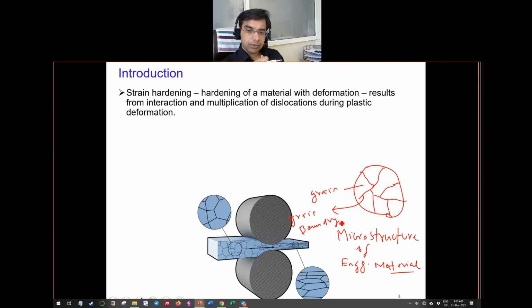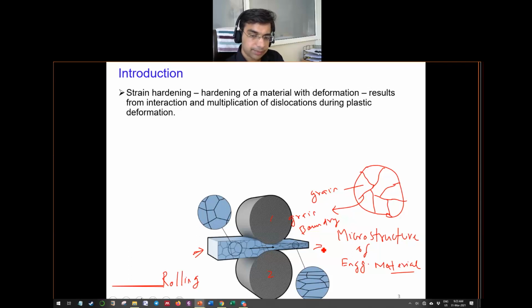So what happens in most of these forming processes, as you see here in this figure, which shows a process known as rolling? You have these two rolls, roll 1 and roll 2, and you are passing a workpiece from this end and taking it out from the other end. During this rolling process, the thickness of the workpiece is reducing, but at the same time, since it is an open process, one other dimension of the product will increase so that the total volume remains conserved. In this case, maybe the length increases.